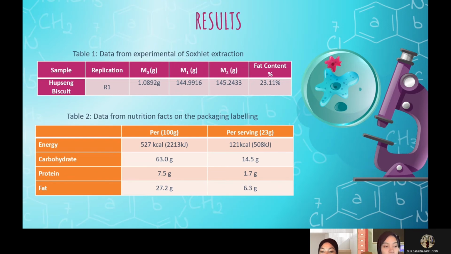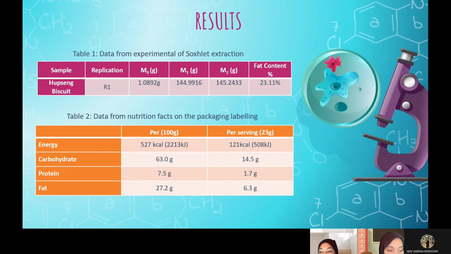For table 2, data from the nutrition facts on the packaging label. We have energy, carbohydrate, protein and fat. So per 100 gram for energy, we have 527 kcal, so like 2213 kilojoule, and per serving of 23 gram, we got 121 kcal,